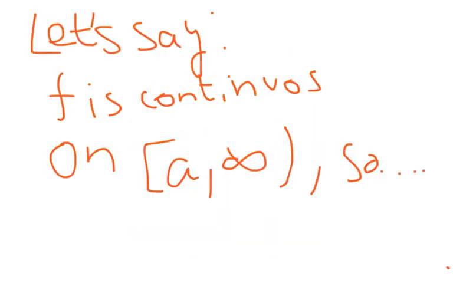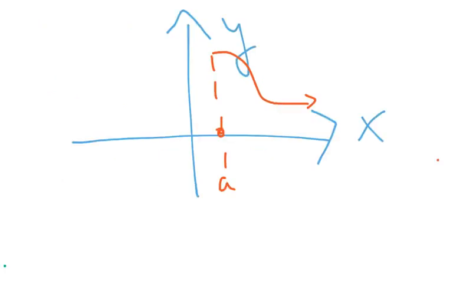So I am going to show you. Let's say that f is continuous on an interval from a to infinity. So let's say that we've got this expression. You may be wondering how we are going to express this as an integral. Well, it's not that hard actually. It's important to make use of our limits though. So this would be represented as the integral from a all the way to infinity, and of course we've got our f of x